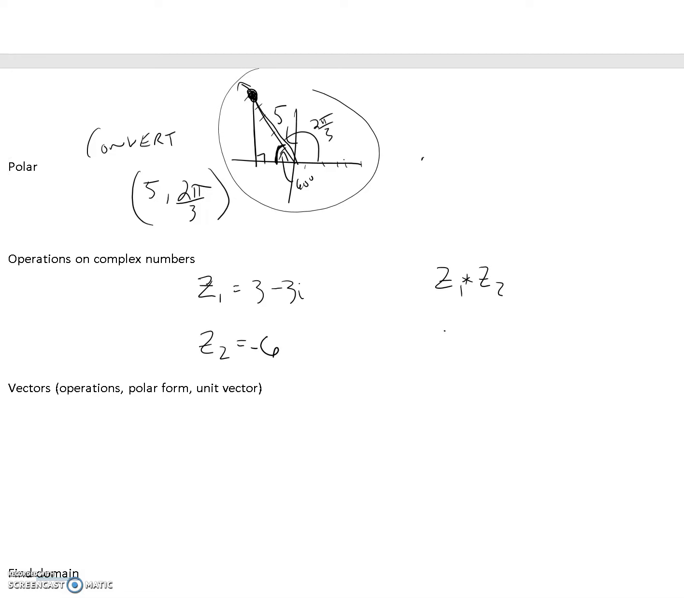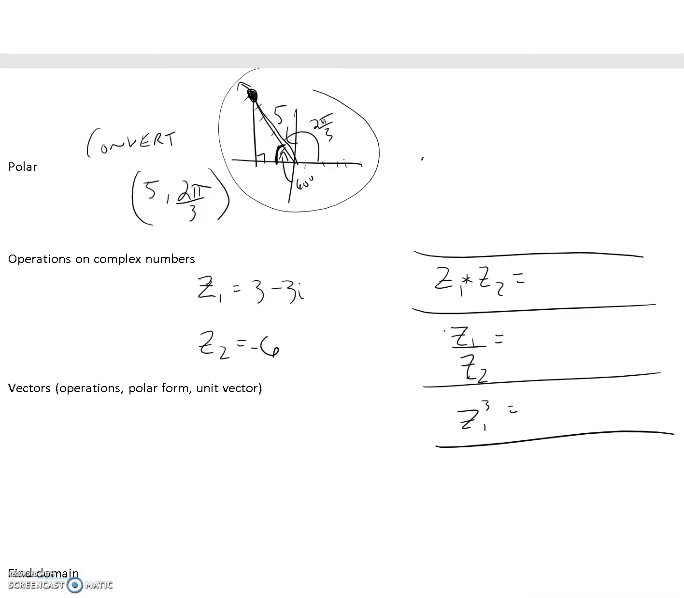Let's make this -6. Know how to divide them. That would be, we could go z1 divided by z2. And know how to raise them to powers, z1 to the third. Okay, so for any of these three examples, I would have to put them in complex form, right? So z1 would be